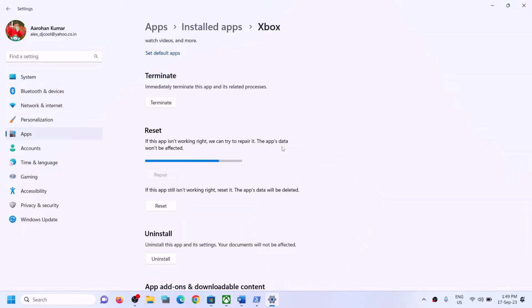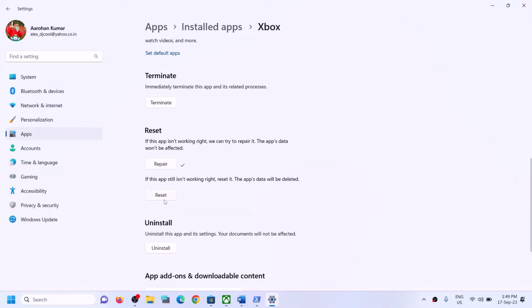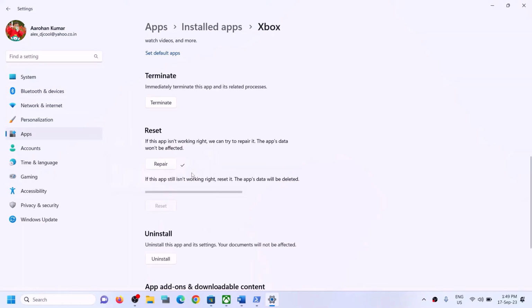Still, if you are facing the problem, if the repair does not resolve the problem, in that case you can perform reset. Now once the reset is complete, you can try to install the game. But if even the reset is not fixing the problem,